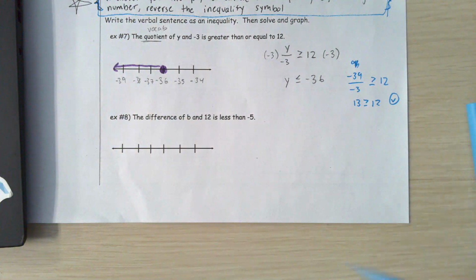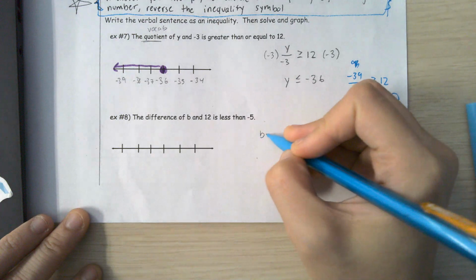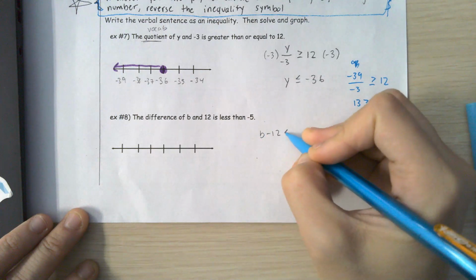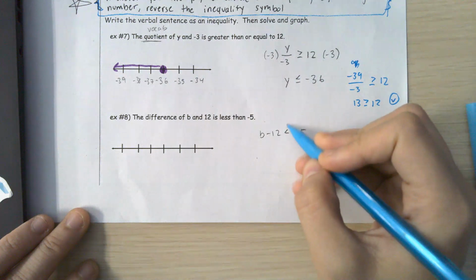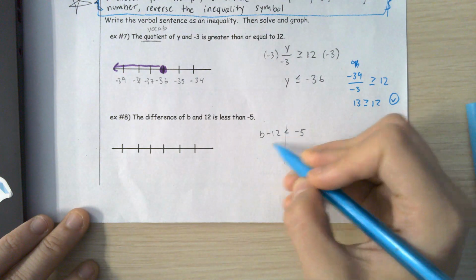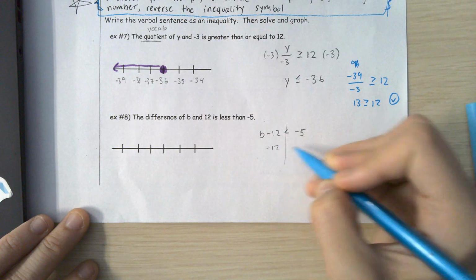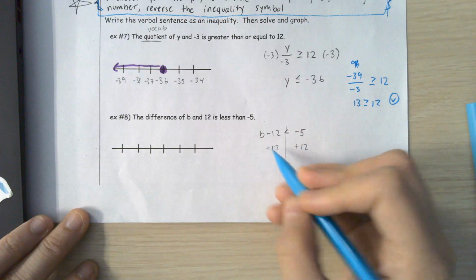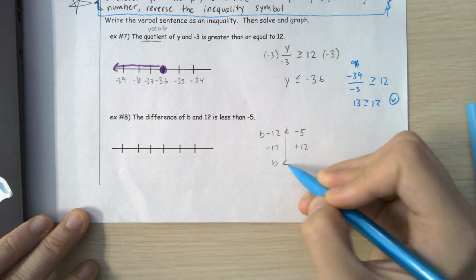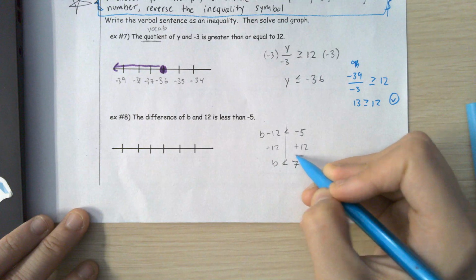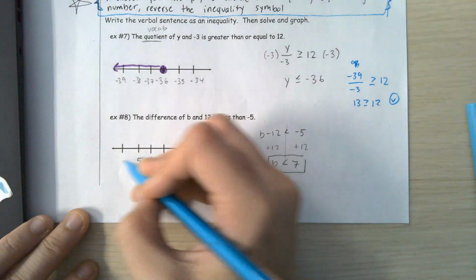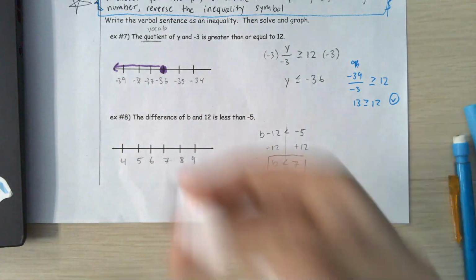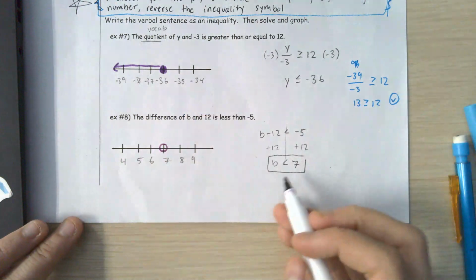Okay, the difference between b and 12 is less than negative 5. So here, this one isn't multiplying and dividing, it's our normal adding and subtracting, so we're going to add 12 to both sides because we're trying to solve for b. We get b is less than 7. So we have 7, 8, 9, 6, 5, 4, open circle, and it's less than,